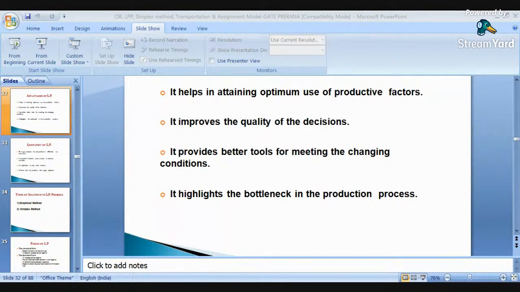Again the same example is being taken, where the plants are 3, P1, P2, P3, and warehouses are W1, W2, W3. And here in this case, we calculate the penalties of not allocating to the least cost cell. So therefore, enter the difference between the two least costs. So on the column penalties, we can say that in column number 1,